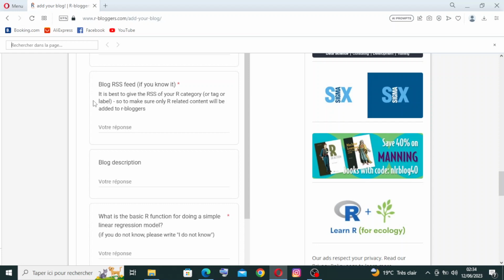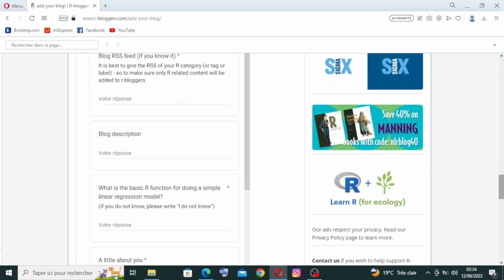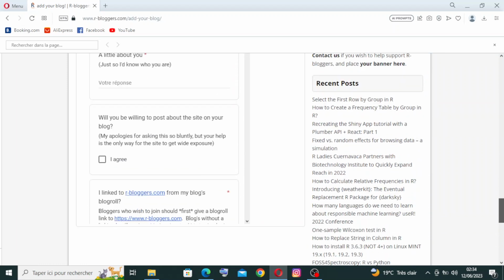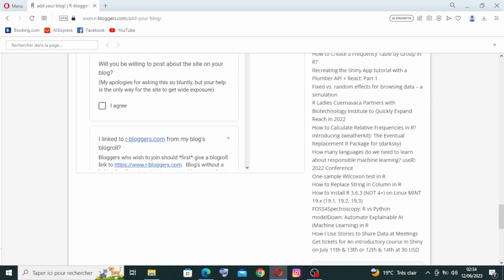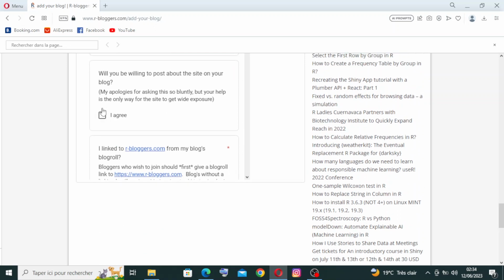If you know it, it is best to give the RSS of your R category or tag or label, to make sure only R-related content will be added to R-bloggers. If you don't know what the blog RSS means, you need to answer anyway. And also the blog description and this information here. Then you just need to click that you agree to the terms of service,